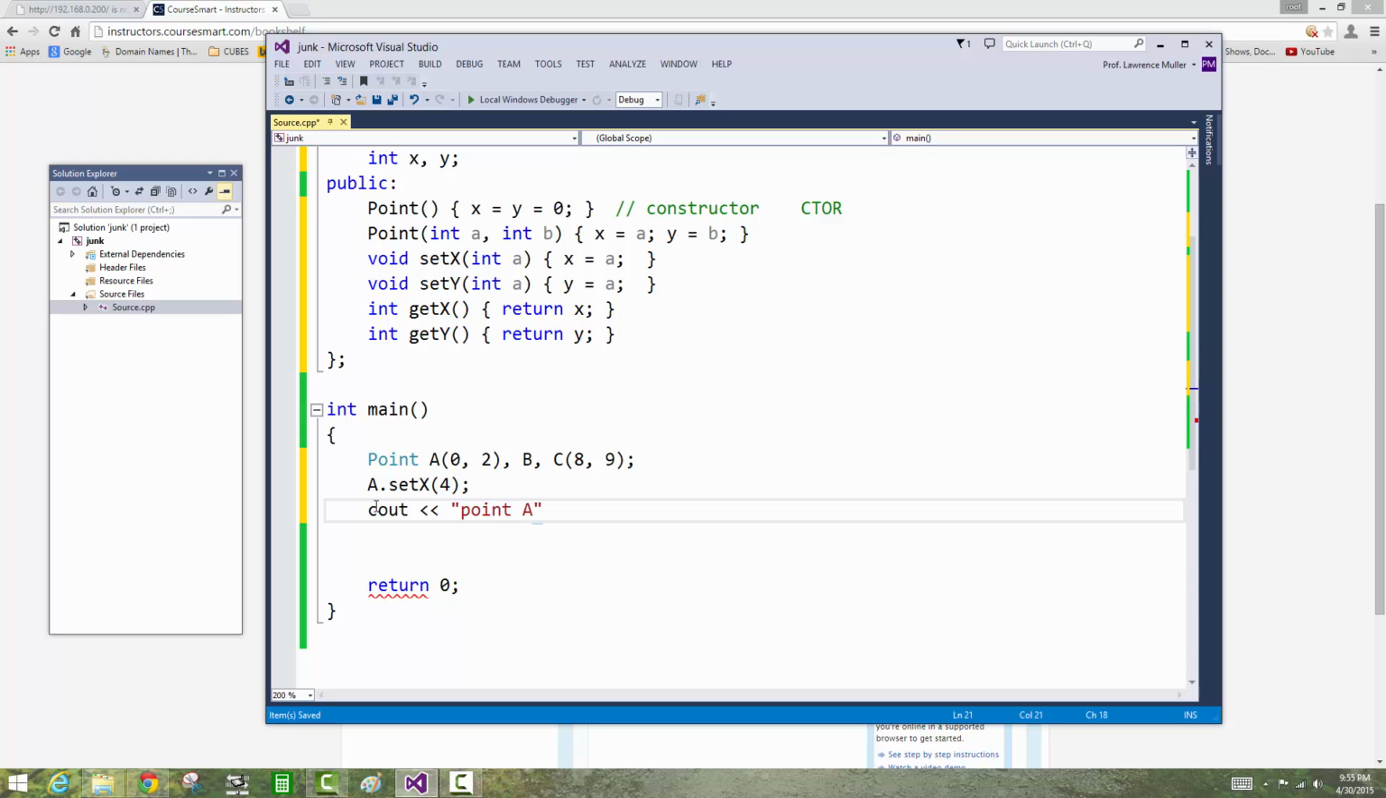I could say point A is A dot get X. And I'll put a comma there and show me Y. A dot get Y. And so things look nice. I'll have it skip a line. If I build and run this program,